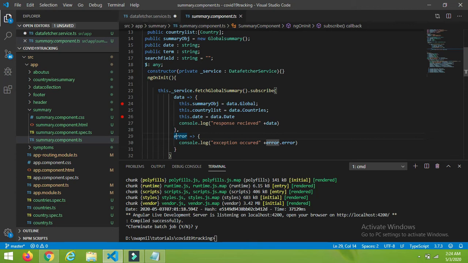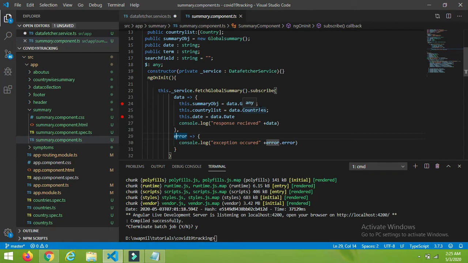Global contains all this data like newly recovered cases, total recovered cases, total deaths or total new deaths, and that data will be in the summary object, that is global. And the second one is country, so whatever data I am displaying in the table format will be inside data dot countries, right?